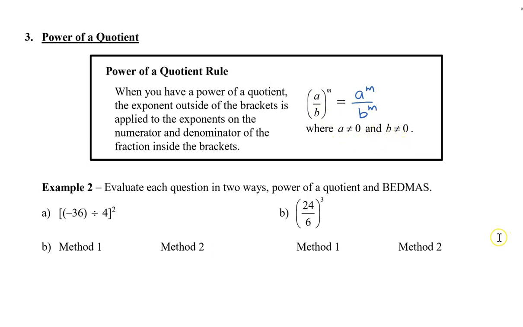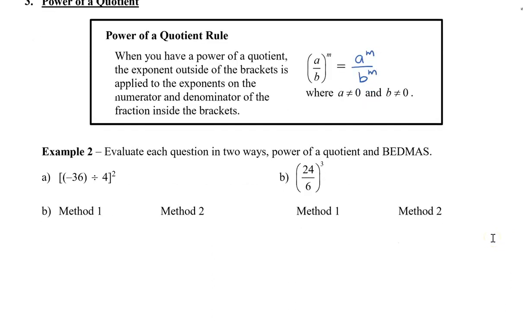All right, so let's apply the power of a quotient rule to a couple of examples, but we'll also contrast this with BEDMAS again. So in method 1, we're going to use our power of a quotient rule. So here we have division. This time I didn't write it as a fraction, but with a division symbol. So we still do the same thing. We're going to have negative 36, and this will be to the power of 2 divided by 4 to the power of 2. And this is going to be a huge number, so negative 36 squared, we can go to